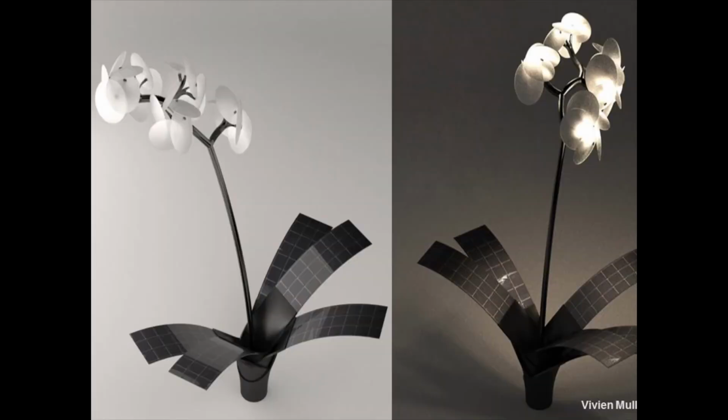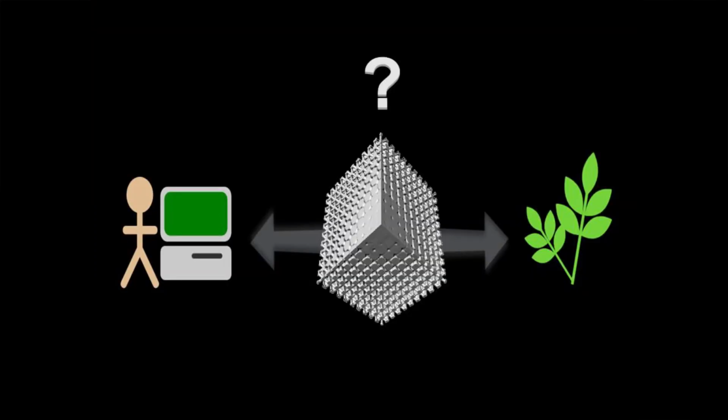And then finally, I want to leave you with the notion that we're really heading towards a world where natural-made objects and human-made objects will converge. This is an object that's obviously man-made, but it's solar panels. It collects light during the day, and then at night it lights up. It's a very cute object. The point here is that